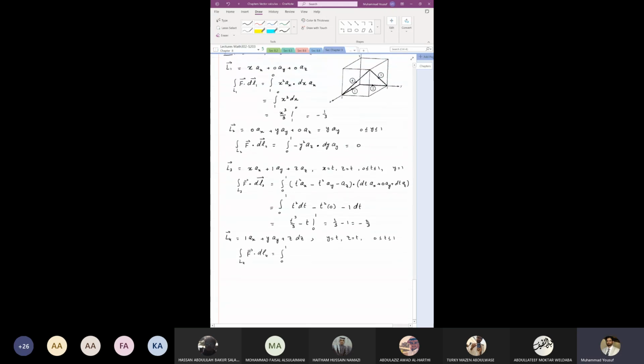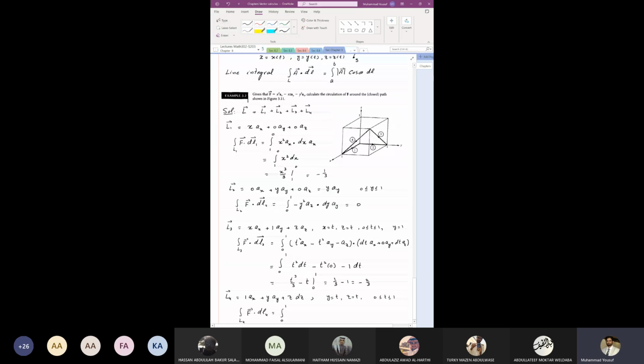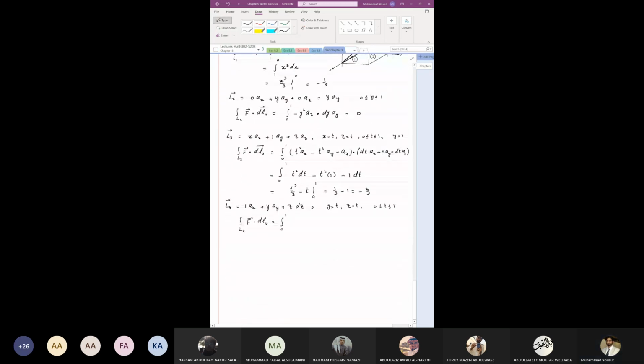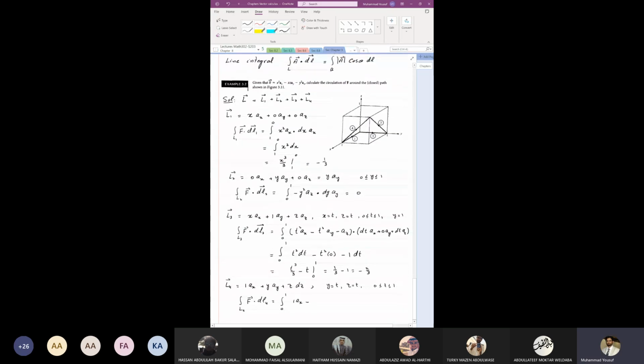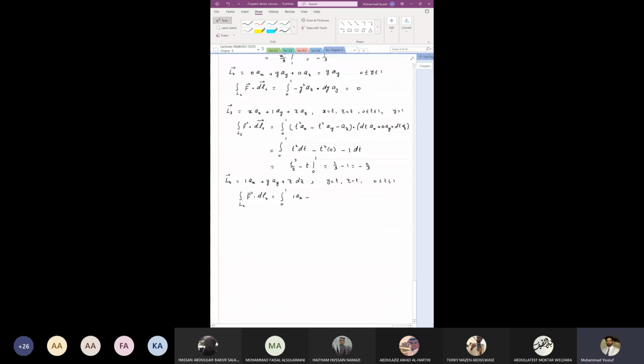Remember, x is equal to 1 in the vector field. So we have 1 square ax, that is 1 ax, minus x multiply z, that is 1 multiply t, t ay, minus y square, that is t square az,